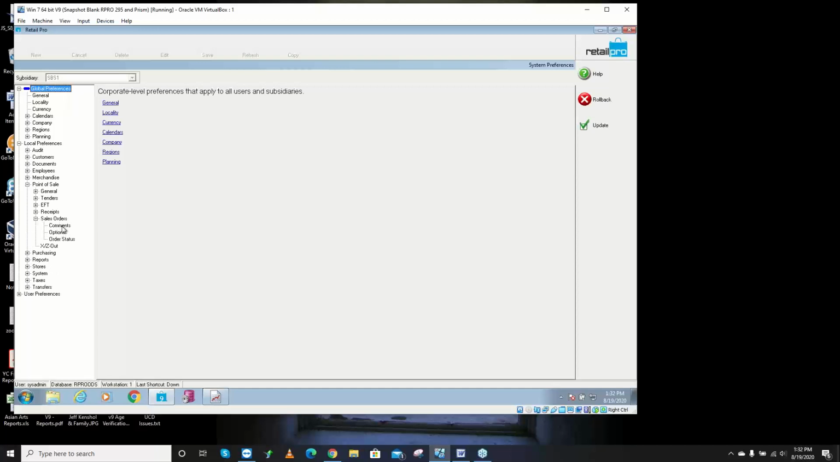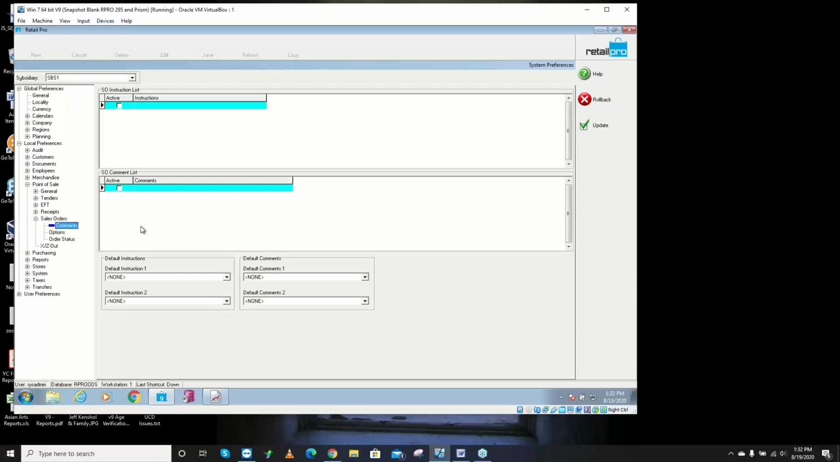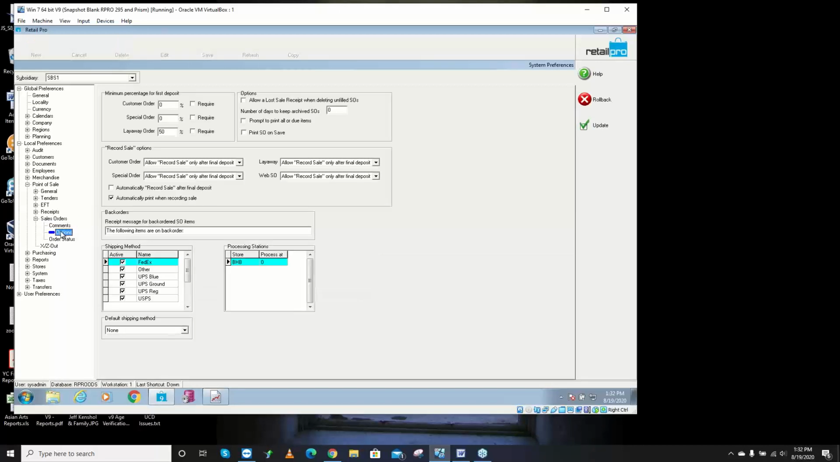So sales orders has the three sort of nodes, really only one of them that's important here, but comments, we can predefine comments. I don't know what those would be, but you can predefine comments and instructions, have them in drop-down menus. Again, I'm just not sure what they would be. I have not had a lot of usage of that. All right, here on